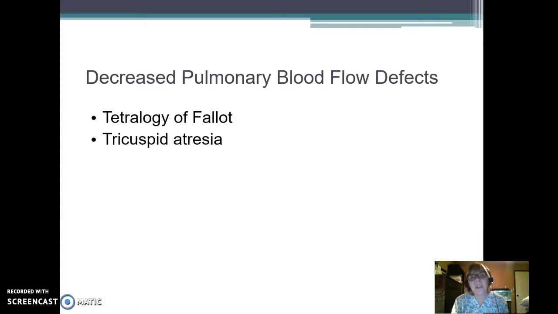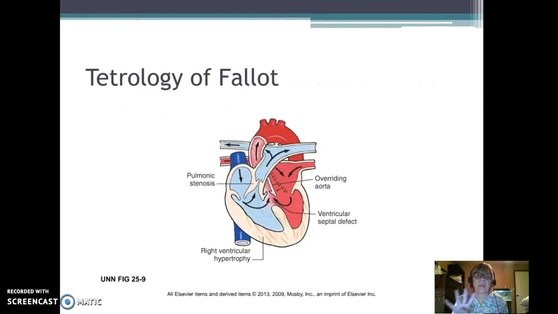Things that cause decreased pulmonary blood flow. Tetralogy of Fallot and tricuspid atresia. You notice those both start with T's. We call them the terrible T's. Anything that starts with a T and a cardiac defect is bad. So tetralogy of Fallot, tetra means four. So actually there are four pieces to it,